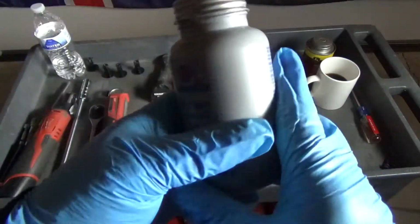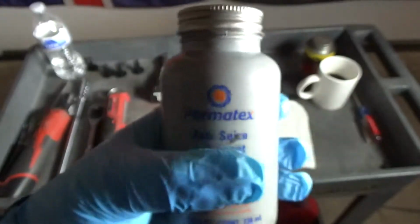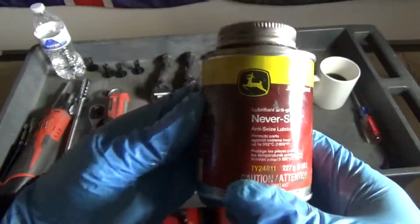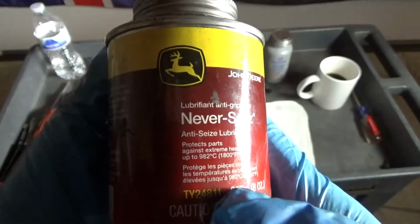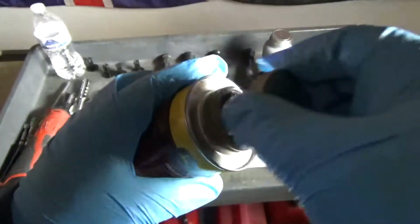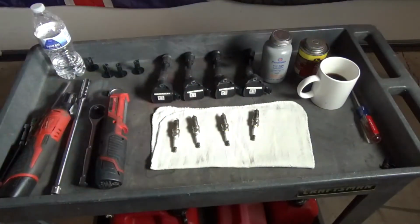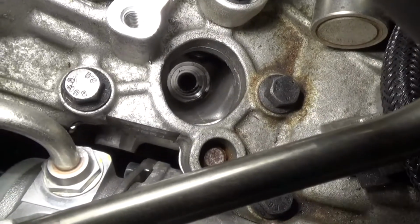This is readily available at all auto parts stores. It says 1600 Fahrenheit, 870 Celsius. It's decent. It's not the copper. It resembles the N5000 I used to use when I was in construction, power plant construction. However, I do like the John Deere better. The John Deere Never Cease claims to run from 1800 Fahrenheit or 982 Celsius. And it seems to be quite a bit like the N5000 I used to use, which I ran out of years ago. So I'll put just a little swath of that onto the new spark plugs for reinstallation. There's just a little bit of debris in there. I'm going to try and clean that out a little bit,